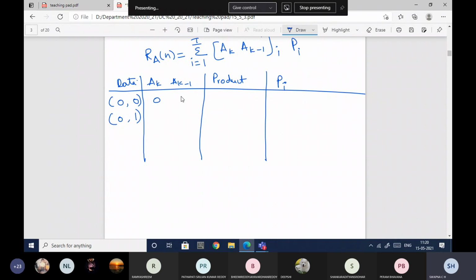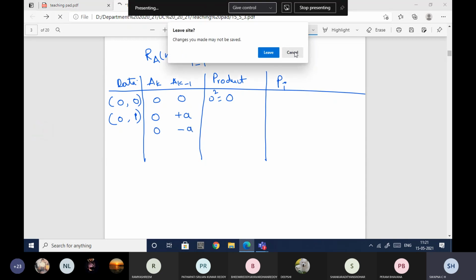Okay, so let us write this first. 0 0 0, so this will be 0 and this will be 0. It will be 0 into 0, which is equal to 0. This into this, it will be 0 square, which is equal to 0. Okay, next 0, so 0 is represented as 0. 1 can be, I may either have plus a or I may have minus a. Okay, so here for this particular event,